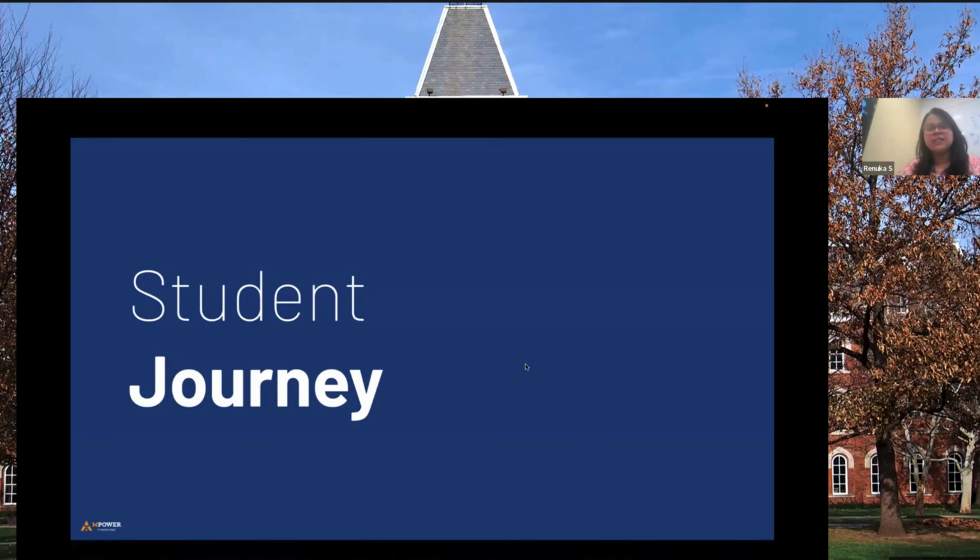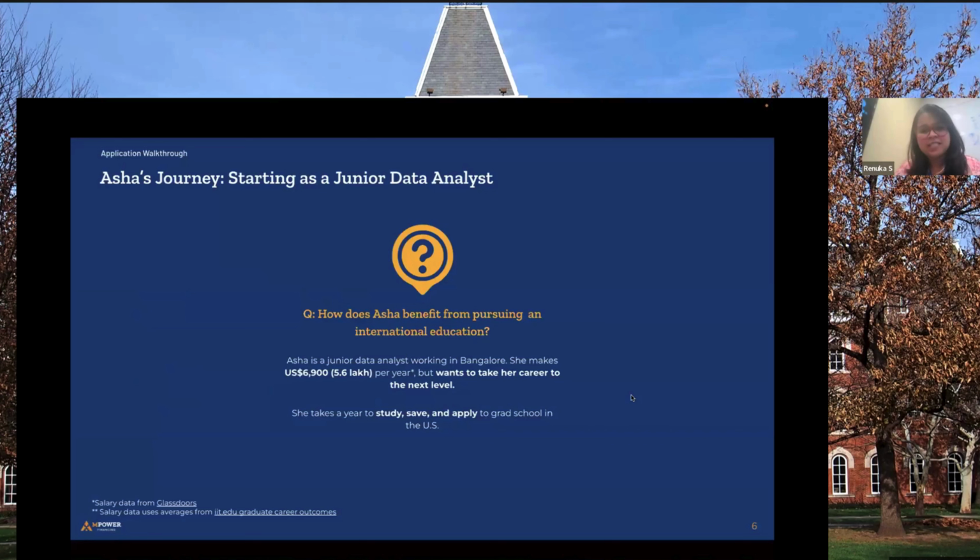I'll be covering return on investment, like taking a loan, what is the investment call and what is the return on it, and also the timelines. As I said, many of the rewards were actually for fall 25 applications. So let's dive into an example. I would like to take a few minutes to demonstrate the benefits of focusing on your career development.